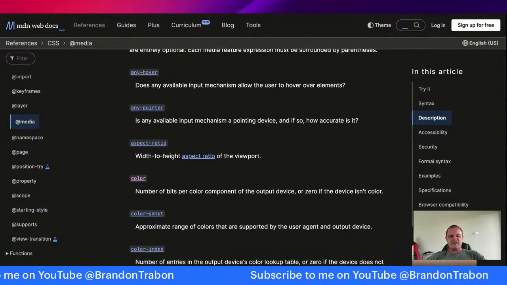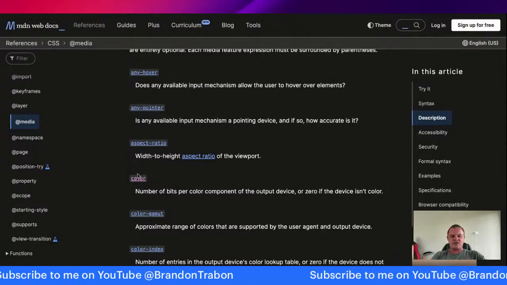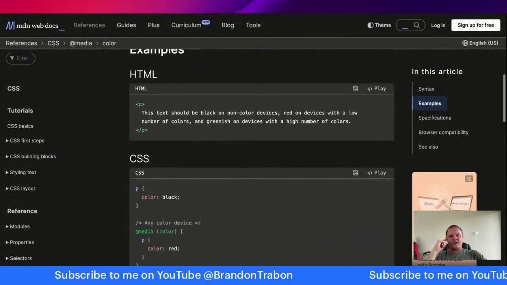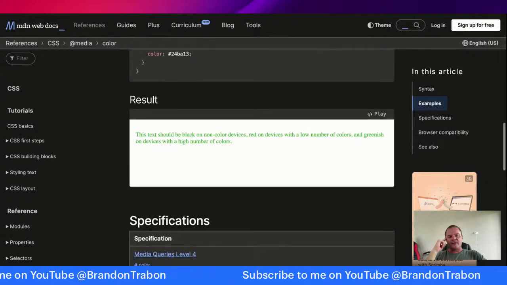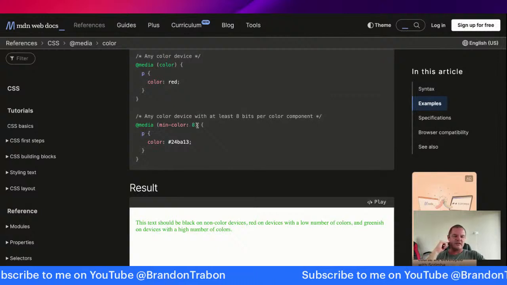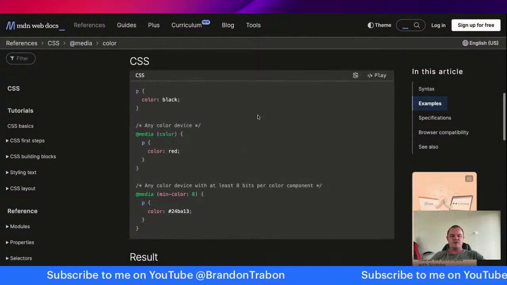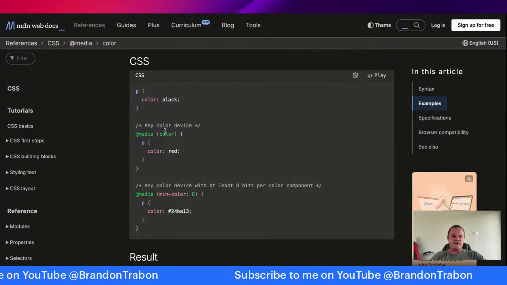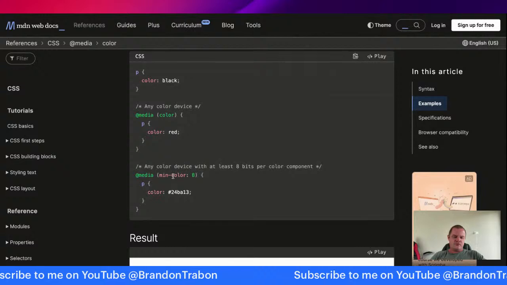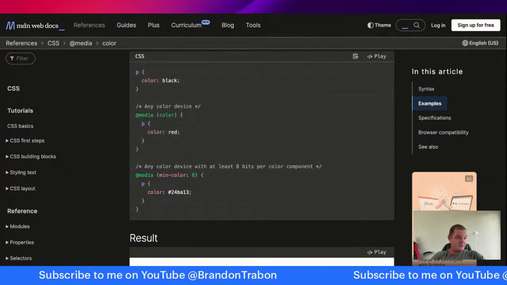If you go through them, some of them will tell you the ones that are no longer used. With color, that was an interesting one actually. With color, you can check the bit level in it as well, like the min color, the number of bits available in a color. So it's not just that you can check if color exists, but also what type of color you can use, how advanced your color is, and things of that nature. I believe, if I'm right, 8 bits would be that it supports